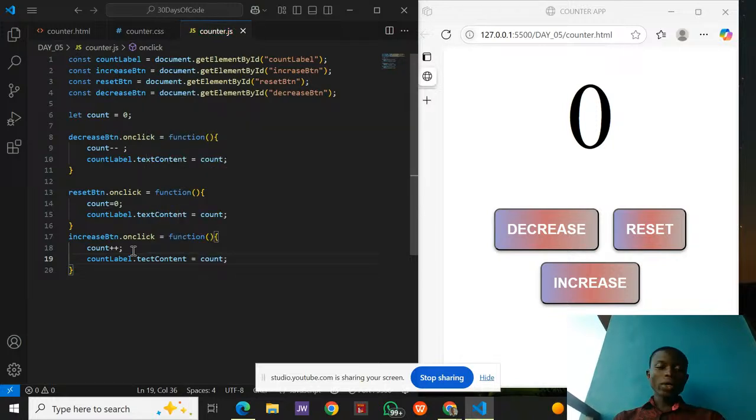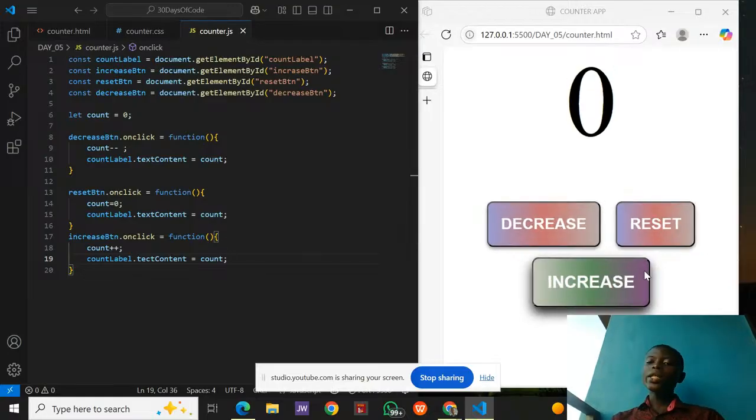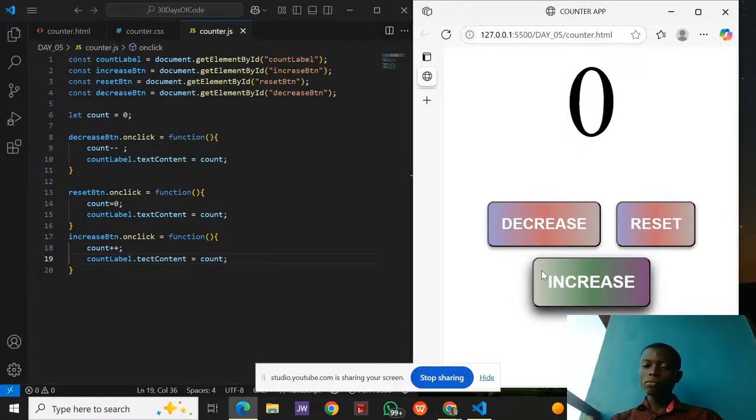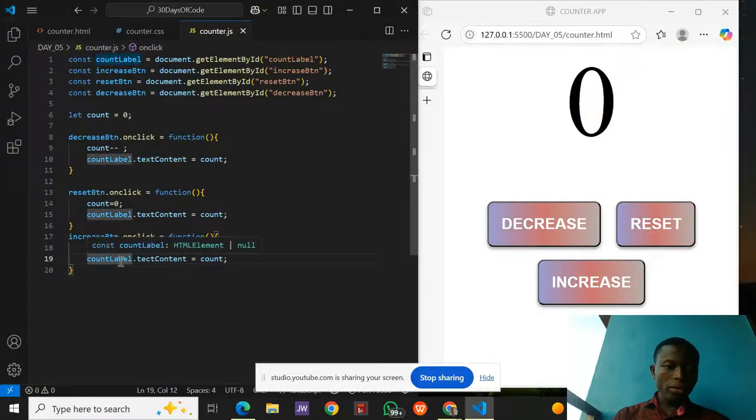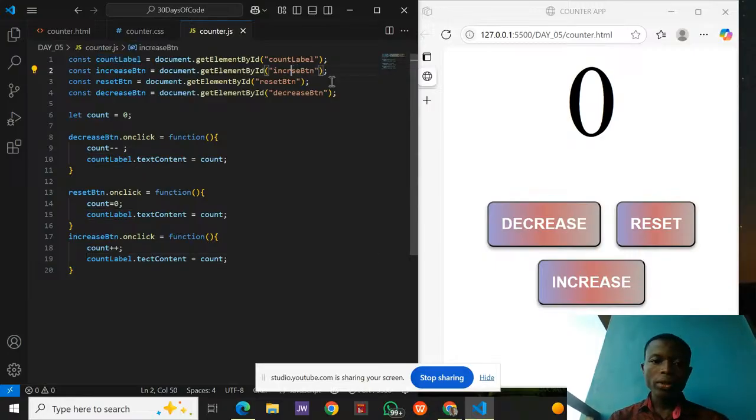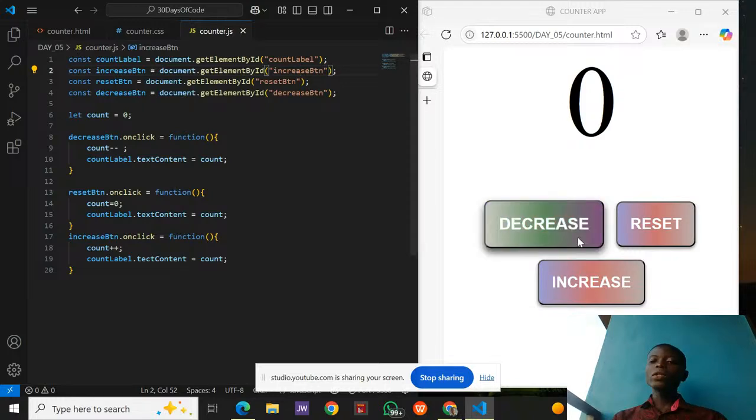Wow, we have just done that. Let's see if it works. If you click on the increase button now, the value is supposed to what? Increase. Now let's click it once. Let's see. Increase button. Oh, I made a mistake in assigning the increase button. Sorry. Increase button. Very good. So now when you click on the increase button,